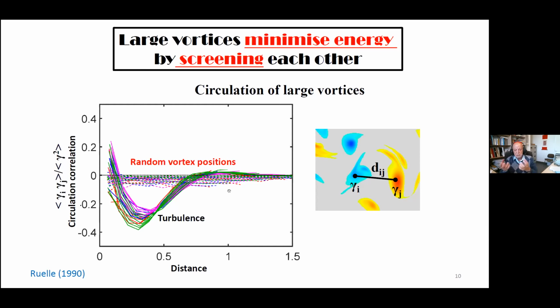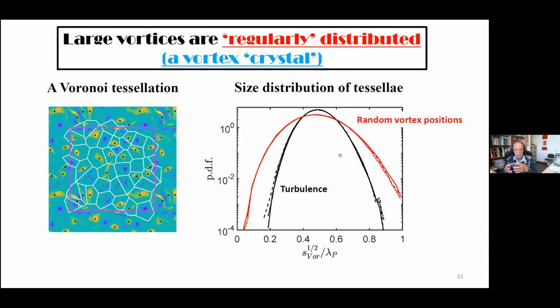Now you think that if you're trying to organize yourself, you have to find a partner of the opposite sign. And this one also has to find a partner of the opposite sign. There has to be some larger scale organization of this, okay? And actually there is. These things form something that is close to a crystal, okay?